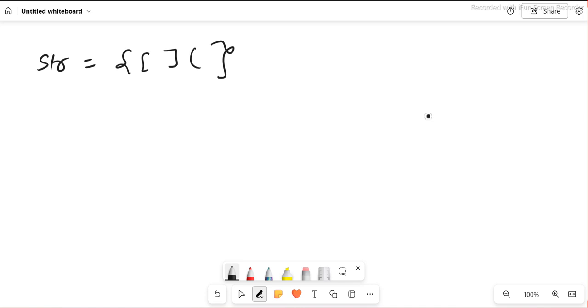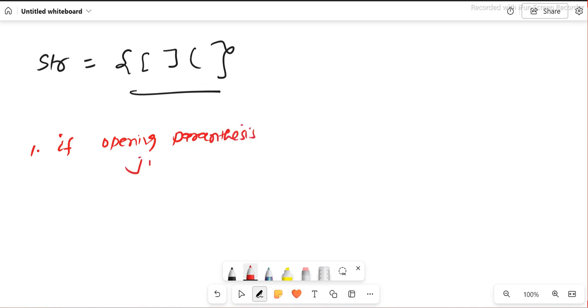Let's see whether this is balanced or not. Okay, let's take this example first, guys. So what is my rule? First rule is if it's an opening bracket, opening parenthesis, let's say parenthesis or bracket, same thing, guys, right? Opening bracket, just push it, correct? Just push it, else, if it is a closing bracket,